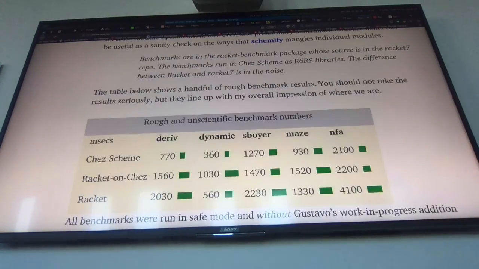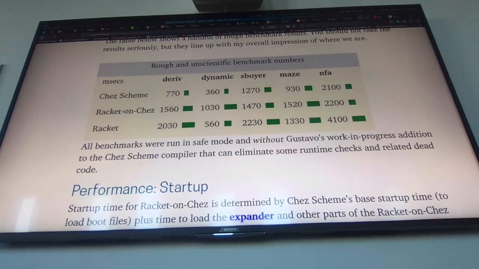So let's talk a little bit about performance. These are just preliminary results, and you may recognize some of these benchmarks. These are just classic Racket benchmarks. So you can see that Racket-on-Chez has a considerable performance cost right now, mostly because